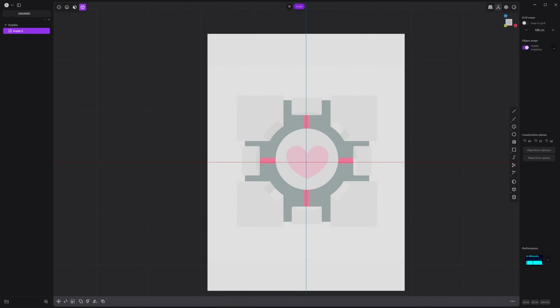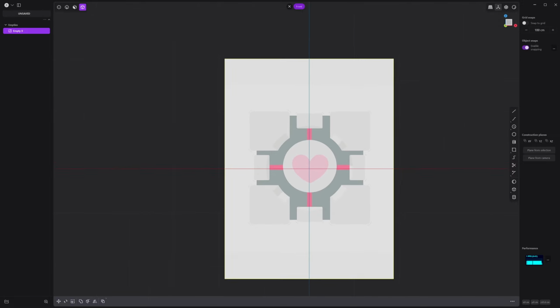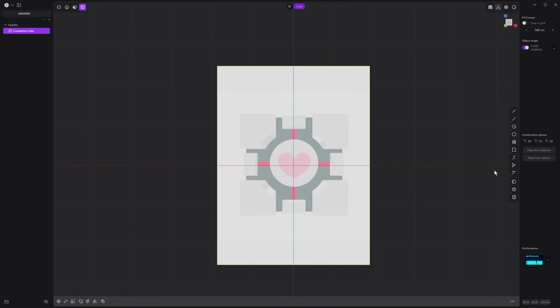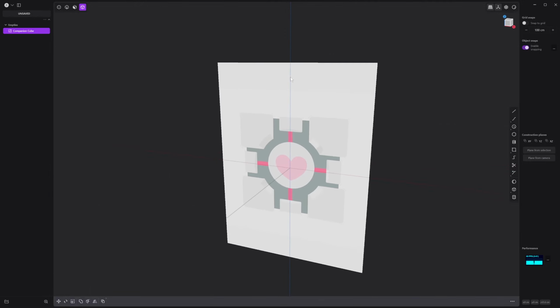So as this is a beginner's tutorial, what I've done is I found an image online of a companion cube front on, okay, and I've just saved that in a folder and dragged and dropped that into the middle of my screen. So we can just change the name of this, double clicking, and we'll call it companion cube. Now, because this is a beginner's tutorial, if you're already familiar with the Plasticity interface, feel free to move on to the next chapter, but we will just cover the interface or the basics of what you need to know here. Okay, so